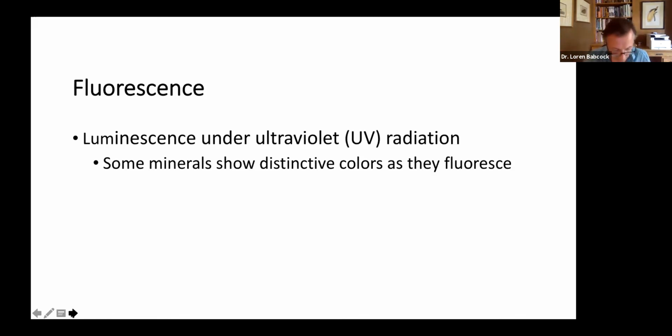Now I'm going to show you a great example here in a moment of fluorescence in a mineral. I think I need to stop the screen share to do it. Is that right? Okay. Yes. Thanks. Okay, here we are. And now, can you all see this